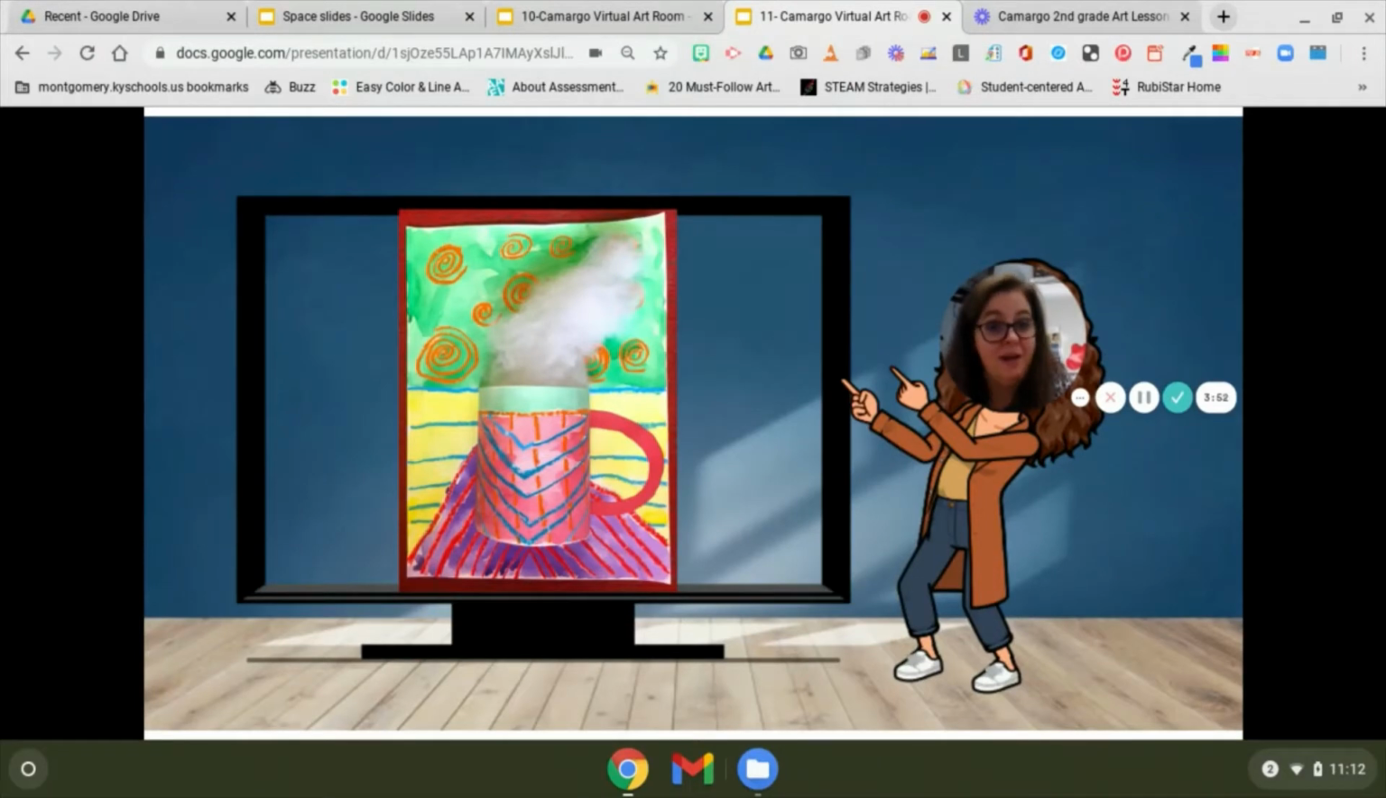So quilt batting or stuffing, like the stuff you put in pillows to restuff them, or cotton. Cotton balls will work too, okay? I'm going to demonstrate using cotton balls. So grab your materials and